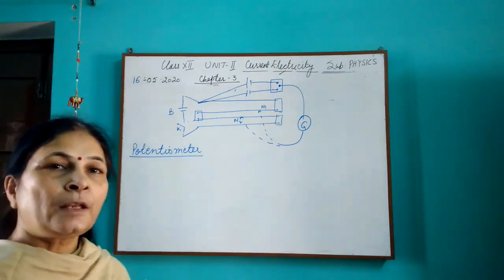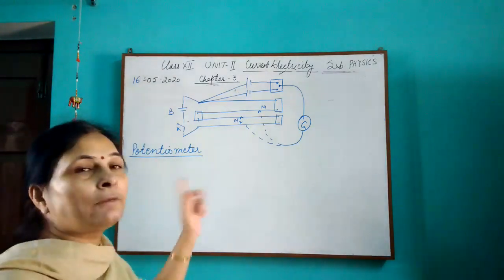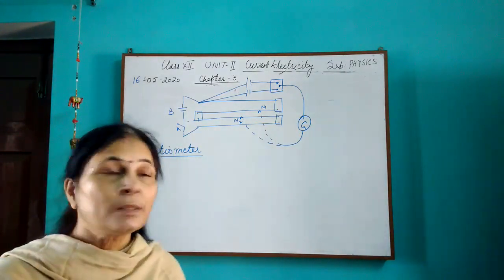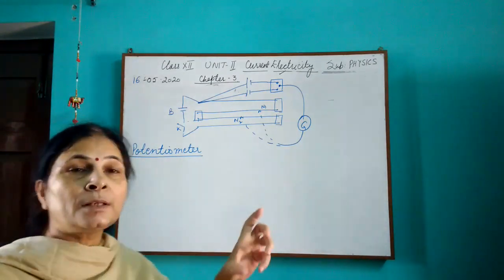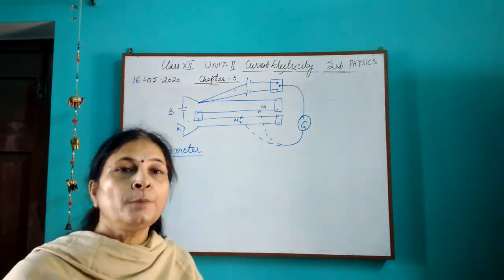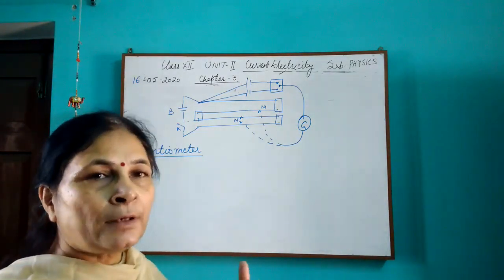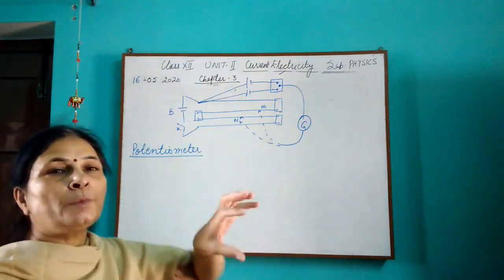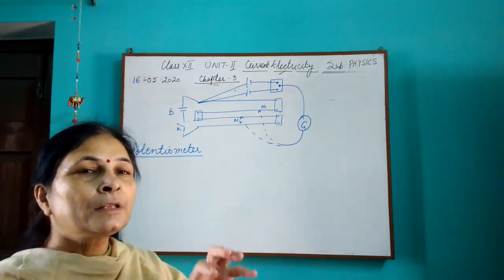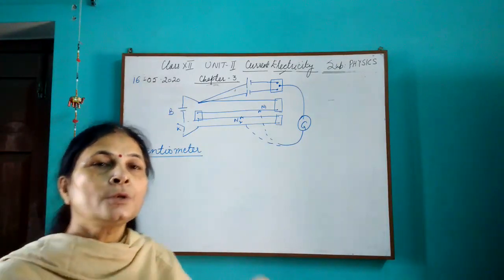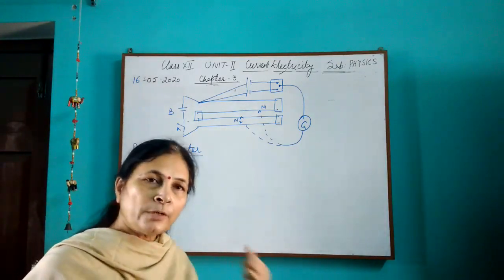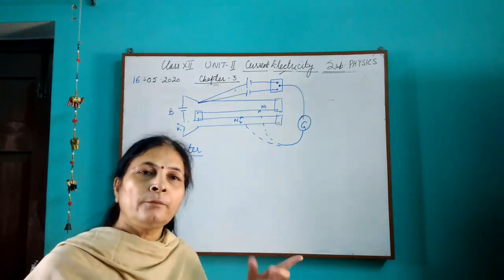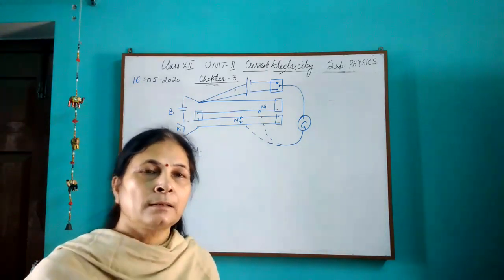Now 2 of the experiments you will be doing from this device, that is the potentiometer. I am reminding you because the working of this potentiometer is somewhat similar to the meter bridge, but this is entirely a different device. Now what is a potentiometer first? What is the principle of working? And then we'll talk about 2 applications. One of the applications we'll do today. When you go through it and do it, then we'll do the second application in the next term.